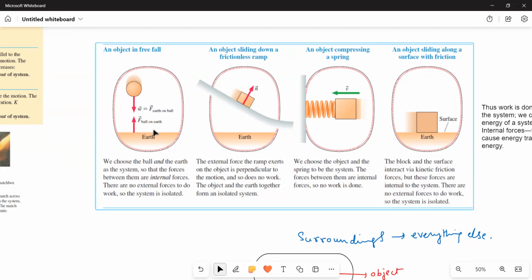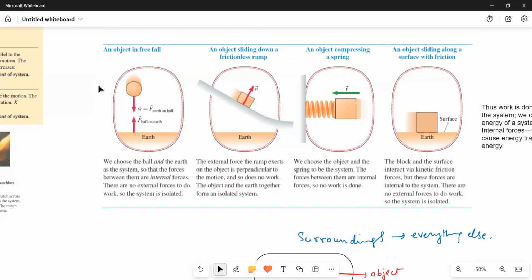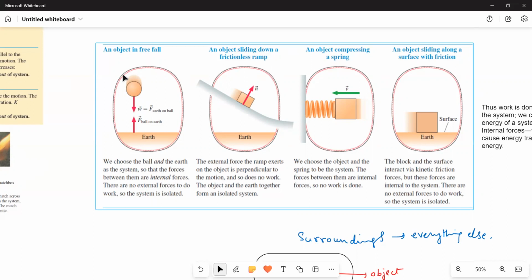So the work done by the internal forces manifests in the form of energy, and all the energy changes that take place remain constant within the system. There won't be any energy transfer between the system and the surroundings, because you should know that the entire thing I am considering as the system. Earth and the falling object as the system. That is why there is no environment outside this one. So all the energy transformations taking place remain within the system,